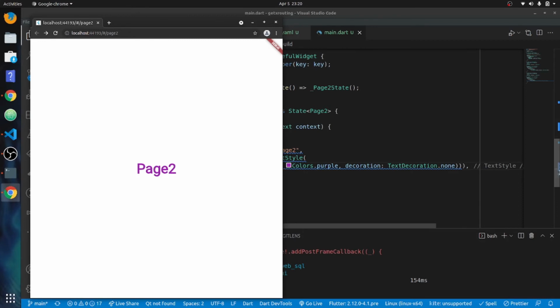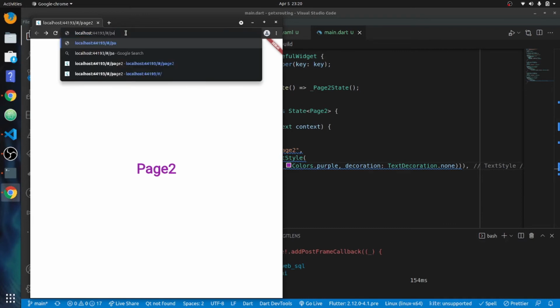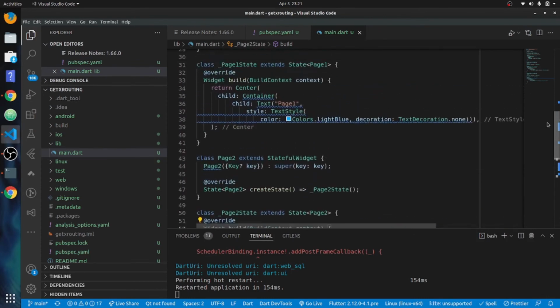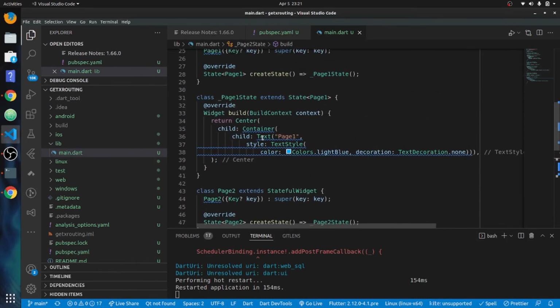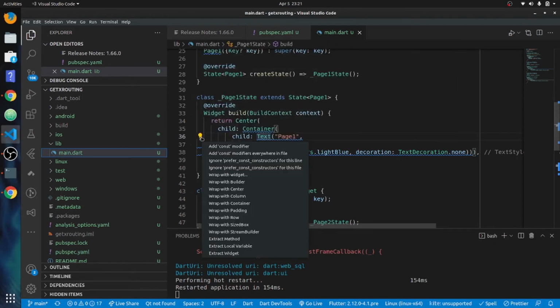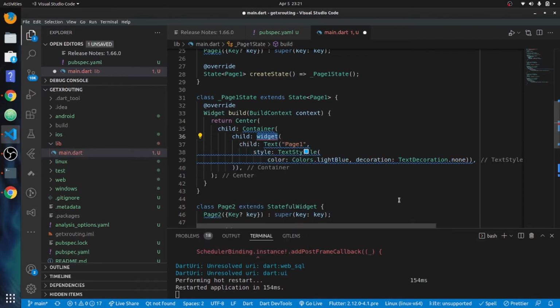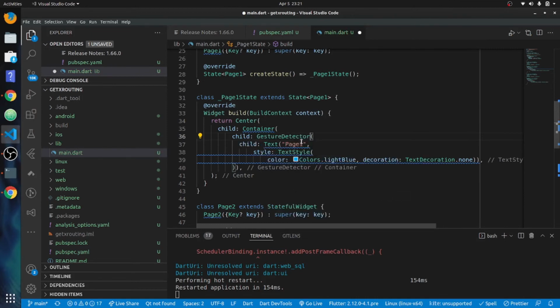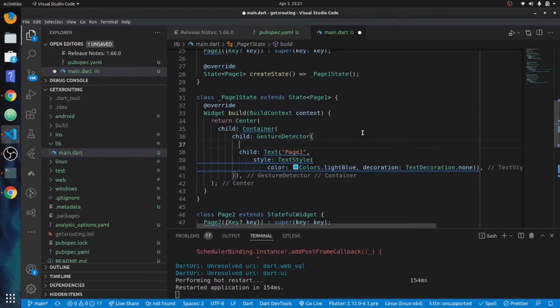All right, so now we want to make this where we can click to each page, and it's really simple to do. So let me go back to this page 1. So what we do inside of this text right here, just go right here and hit that. And if you click on this, you can put wrap with widget. And what we're going to do is put a gesture detector in there. Wrap it in gesture detector. So now when we do on tap,